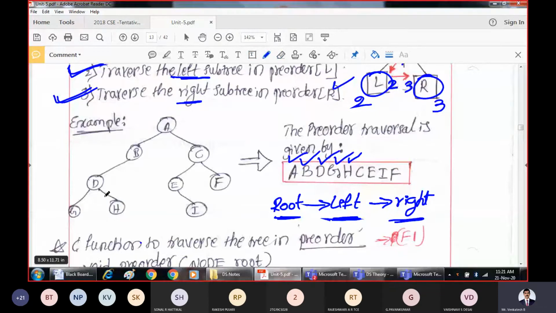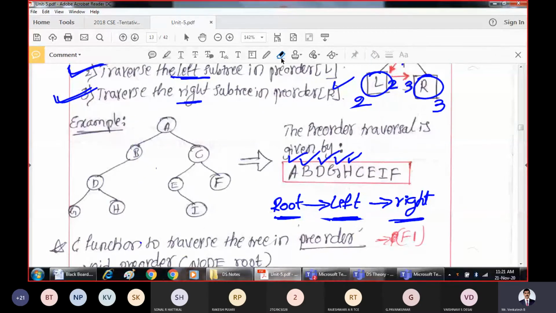All these nodes are processed successfully. Now once you process this left subtree, for this root node the left subtree is completely processed. So now what part is over? This root is over. This entire left subtree is over. Then come back. For this root node, go to right subtree and process it. Is there any right subtree? No right subtree. Then this B is successfully over. Then after processing B, you have to go back to the parent node.